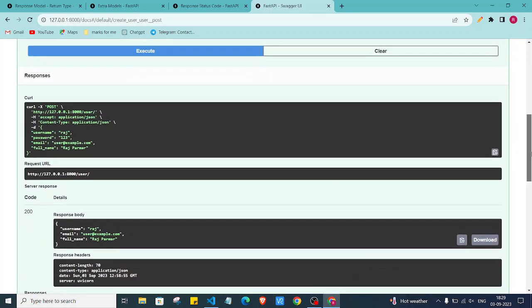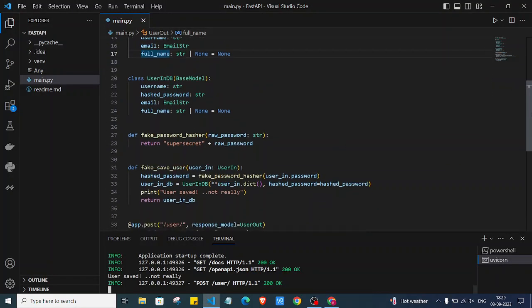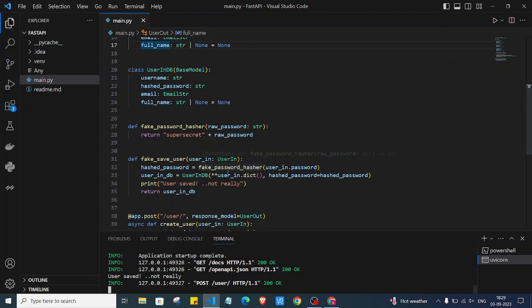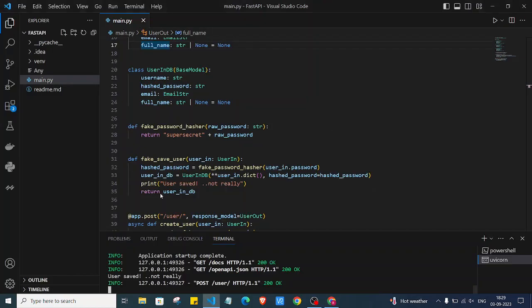So as you can see, we have written the code for this user in db object as well to store the password in a hashed format, right? But we are not getting that in a response, right? We are only getting username, email, and full name. But